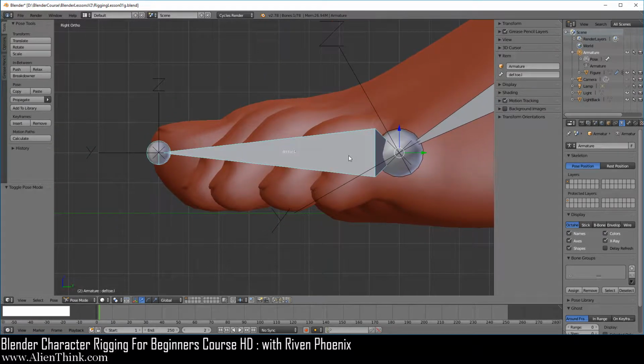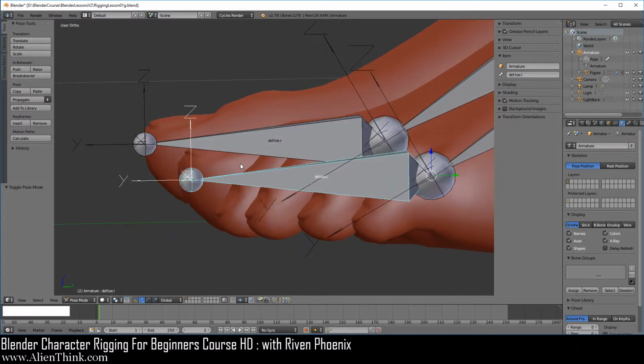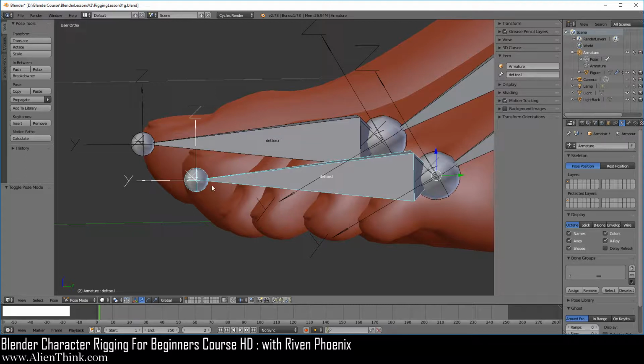Now you'll notice that when you are in orthographic view and when you are working with bones that are mirrored, meaning that both the .L and the .R are overlapping each other, the bone that we just clicked on, which is in front of us, which is the .L, we can only see the body being highlighted and the tail being highlighted. But the axis is not going to get highlighted in white, but the name is. But of course the name is difficult to see. So if we do the middle mouse button to rotate a bit, you'll see that it's actually white over here.